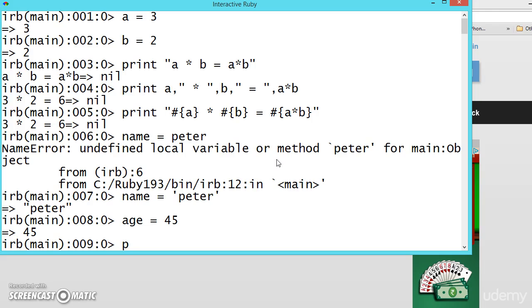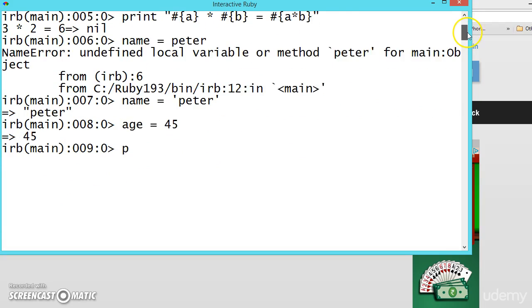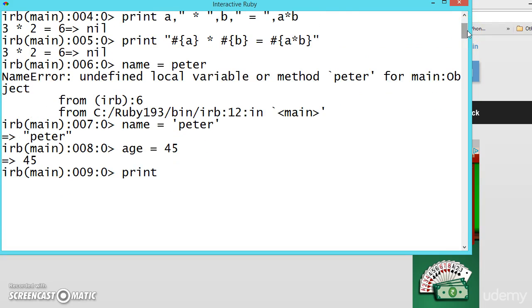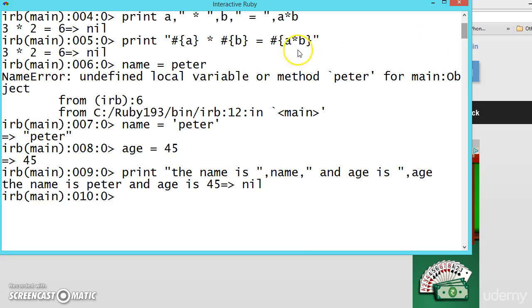Previously what we used to do was write print, and "the name is", then come out of the quotes and write the name, and again write "and age is", and write the age like this.